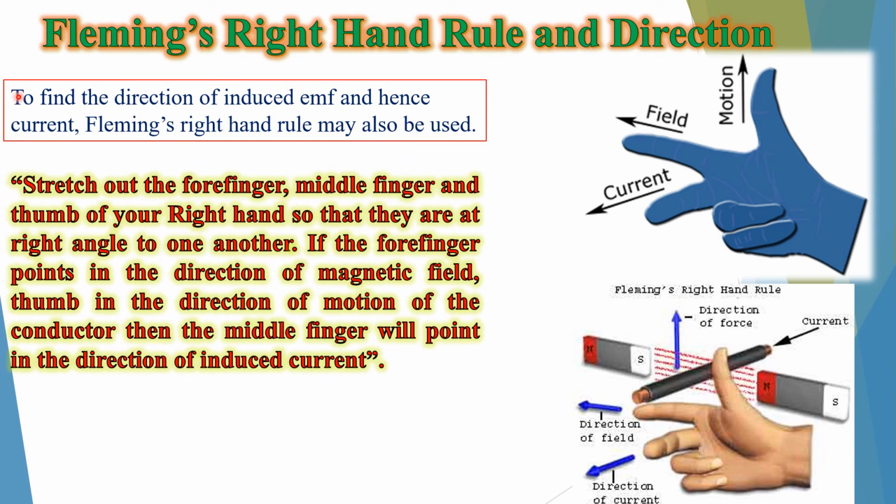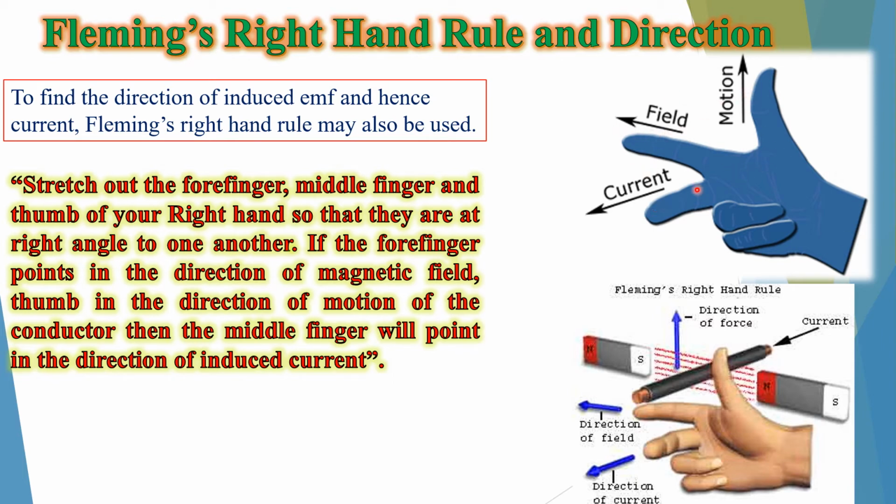According to Fleming's right-hand rule, stretch out the forefinger, middle finger and thumb of your right hand so that they are at right angle to one another. So we can stretch out three fingers of the right hand. We can stretch out the forefinger, middle finger and thumb of right hand such that they are at right angle